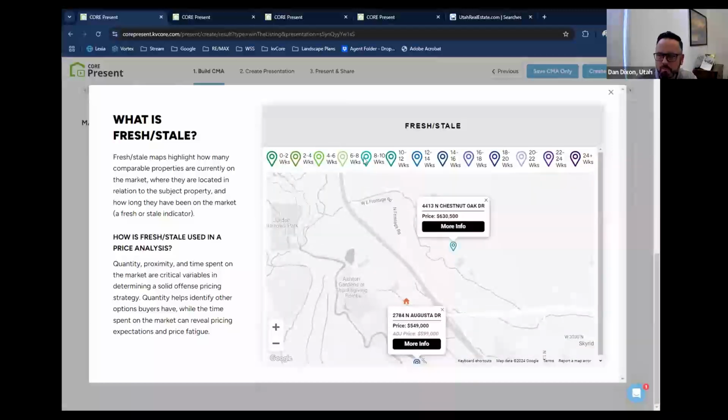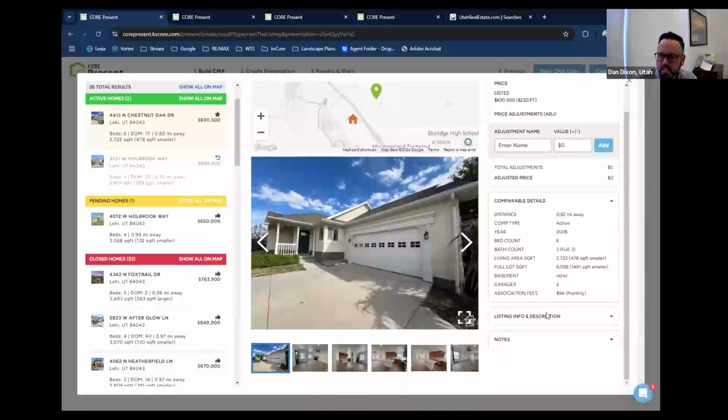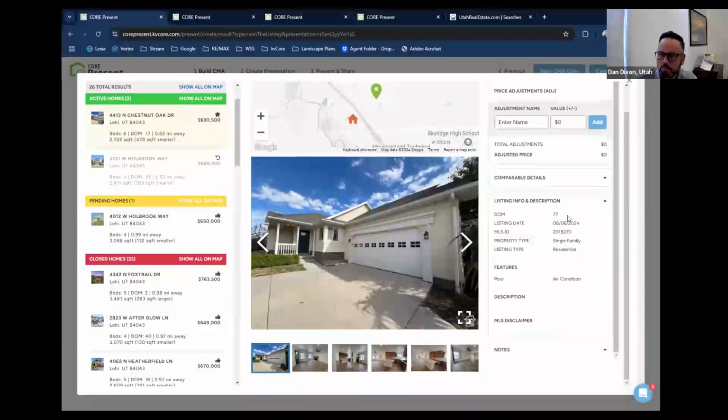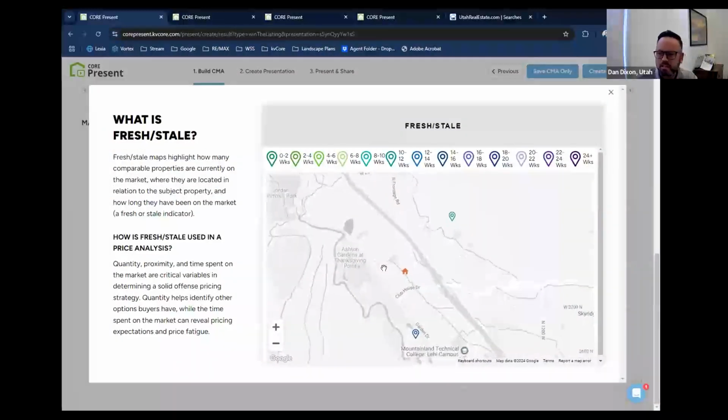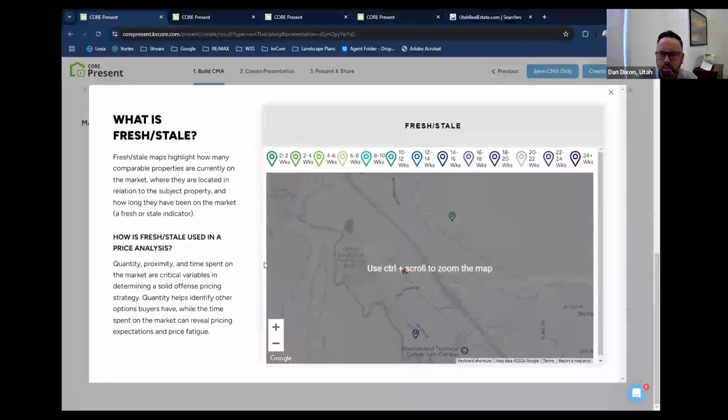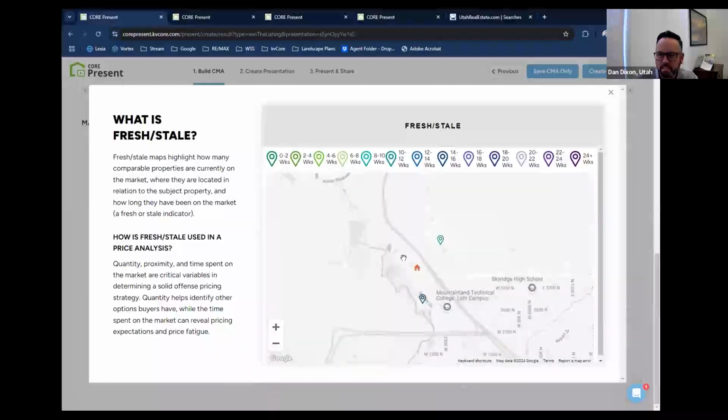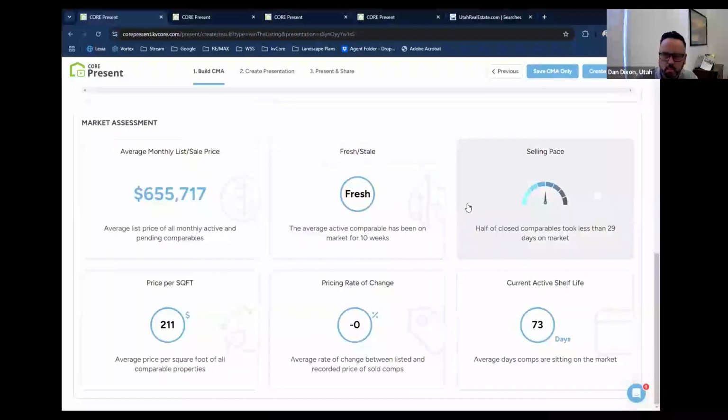This guy's been on the market for this range by that color, and you can click on him and see how long he's been on the market, 77 days, right? And so this is kind of interesting. It goes through the active properties and says, is the market hot or cold, based on these color ranges, right? So that's kind of interesting to see what the market looks like for the active properties.